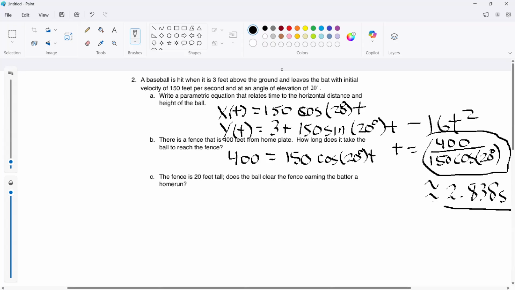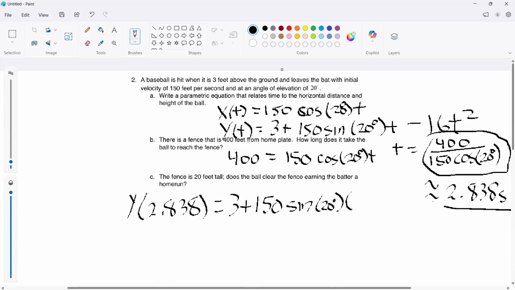The fence is 20 feet tall. Does the ball clear the fence, earning the batter a home run? That's going to be the y equation. I'm going to do the y parametric equation of 2.838. So I'm just going to plug 2.838 into this. Equals 3 plus 150 times sine of 20 degrees times 2.838